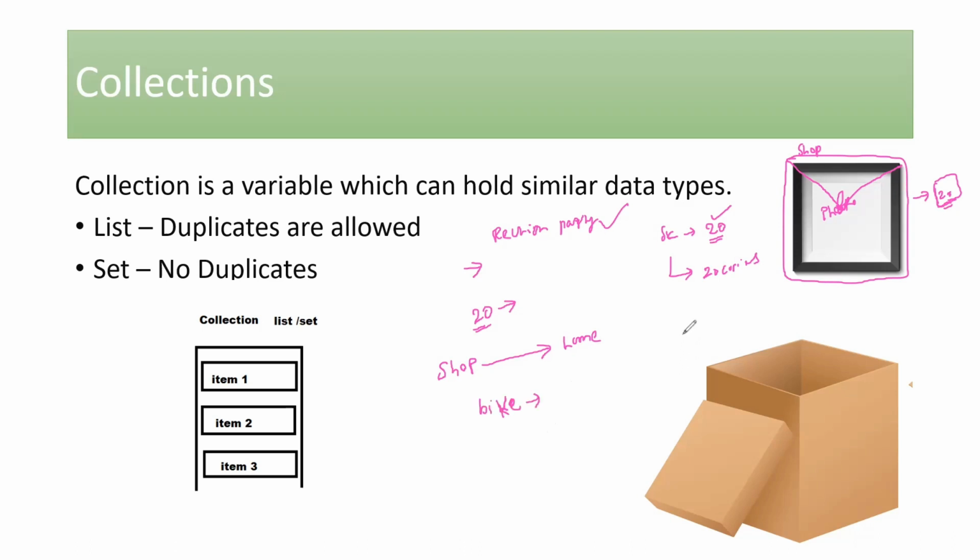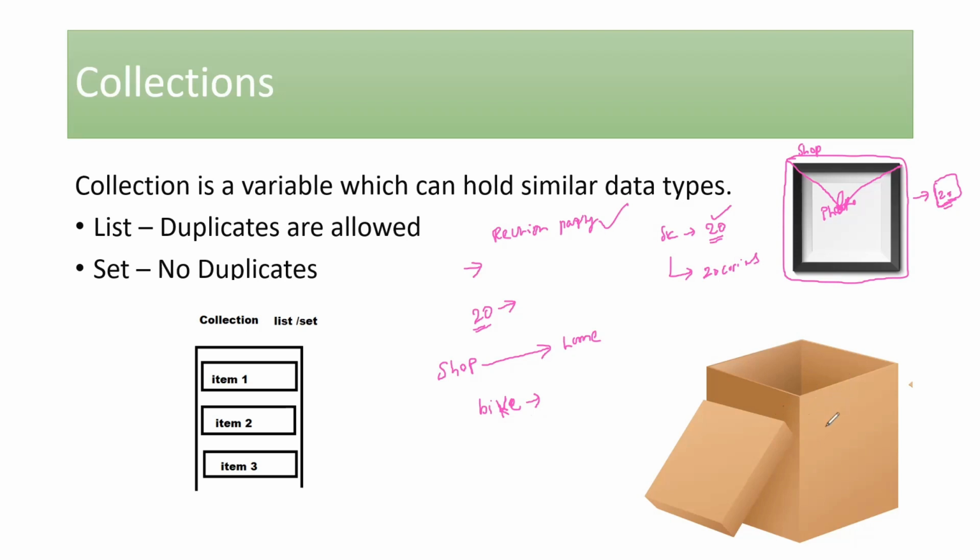I've asked the shopkeeper to basically place them in this cardboard box. So instead of taking them one by one and balancing them, because the balancing act is important if I'm stacking every photo frame one on top of the other, it would be difficult for me to take them home. So instead, I've asked the shopkeeper to place these photo frames in a cardboard box so that way I get the protection. I have an option to carry them without having to worry that I need to balance these 20 photo frames.